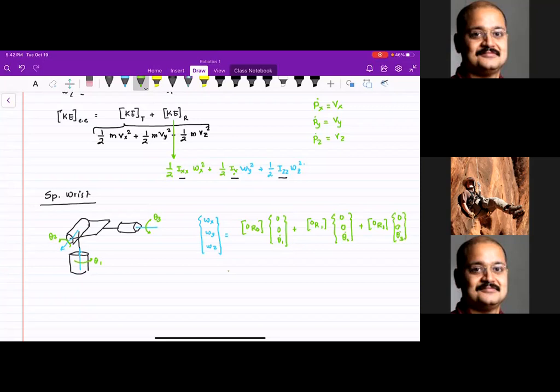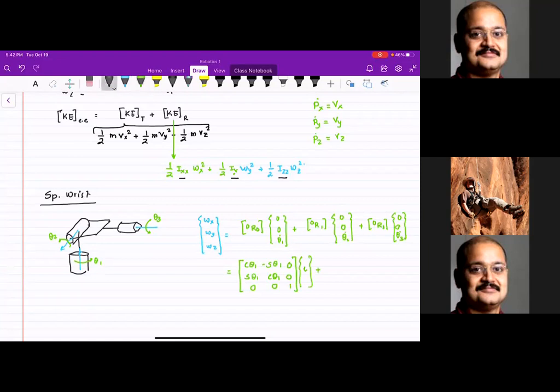And these values you can directly grab from your rotation matrices. So this is going to be cosine theta 1, minus sine theta 1, sine theta 1, cosine theta 1, 0, 0 0 0 1, multiplied by this guy, plus